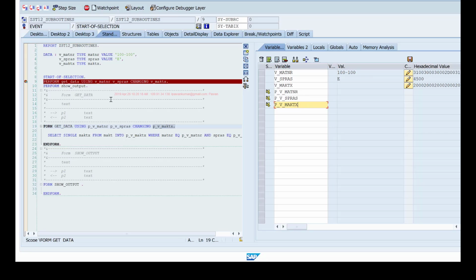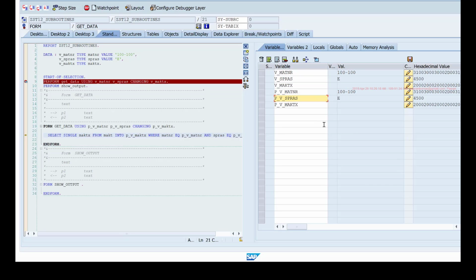It will be empty. If I press F5 and go to that subroutine, you can see pv_matnr, pv_spras, and pv_maktx are now defined, and the value of v_matnr is passed to pv_matnr, and the value of v_spras is passed to pv_spras.